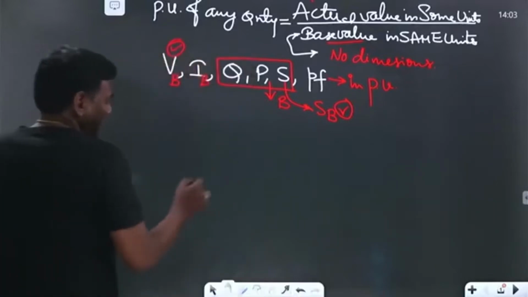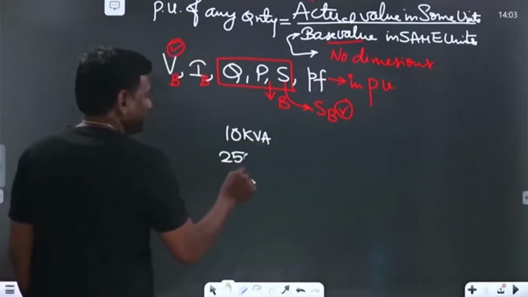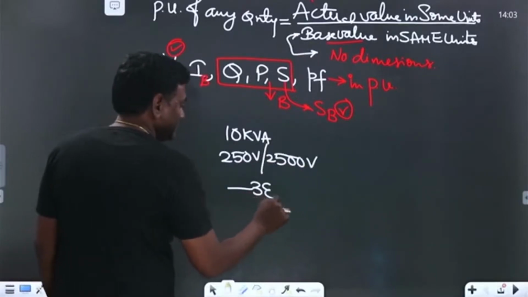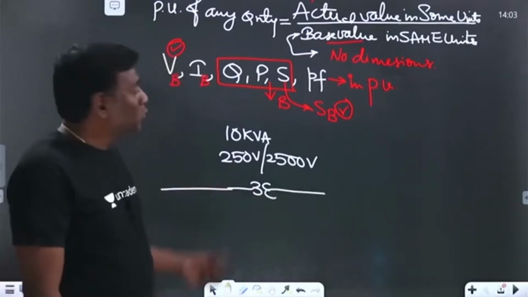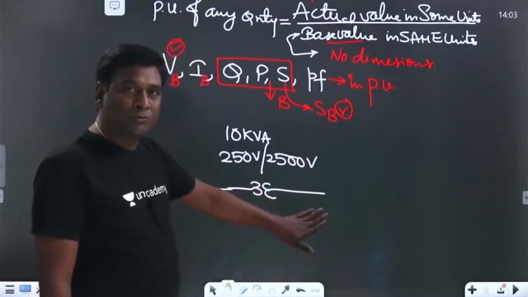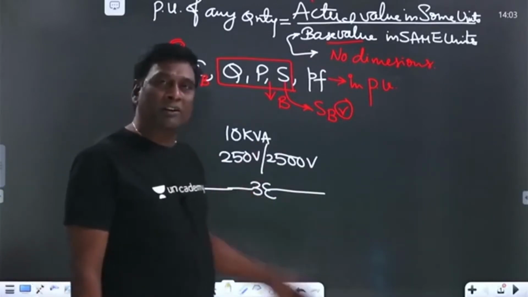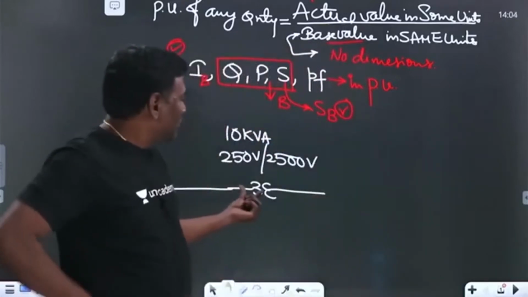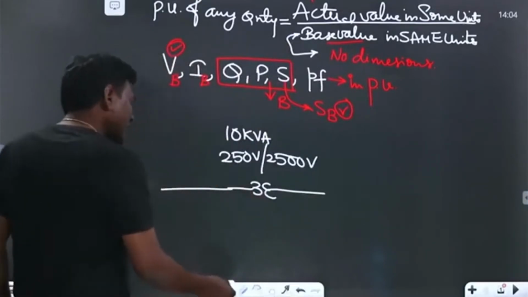Now, let me think of a 10 kVA, 250 volts by 2500 volts transformer. This is the transformer given. For this, how to choose base values of voltages? How to choose the base value of kVA or VA such that this particular impedance value you need not convert or transform, or you can directly eliminate this particular transformer in analyzing load flow studies. Load flow studies are anywhere, whatever it may be. So the point here is, in order to eliminate this from paper, we are trying to work. So for this, how to choose?